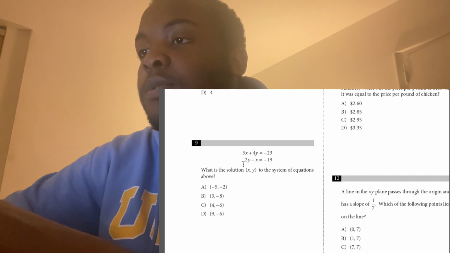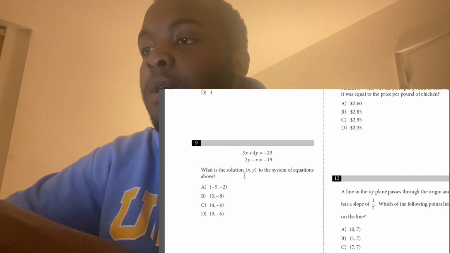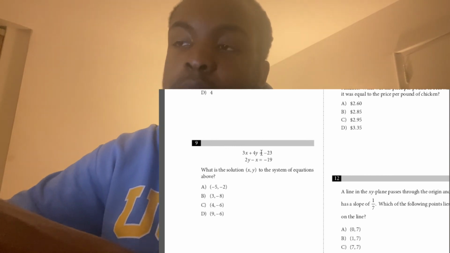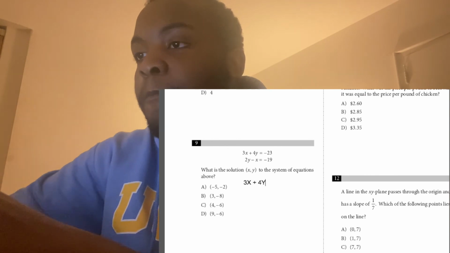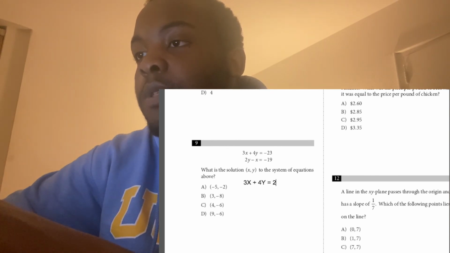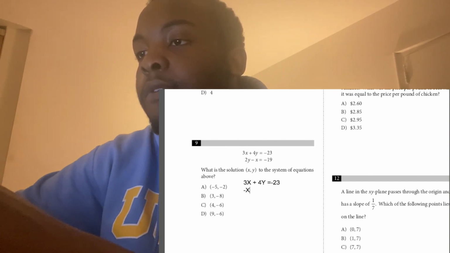Over here, what's the solution? There's a couple ways you can do this. You could do elimination, and then the next time we get into a situation like this, I might just do substitution so you guys can see. So 3x plus 4y equals negative 23. And when I'm doing elimination, I want to line up the x's and the y's. So now we're going to have negative x plus 2y